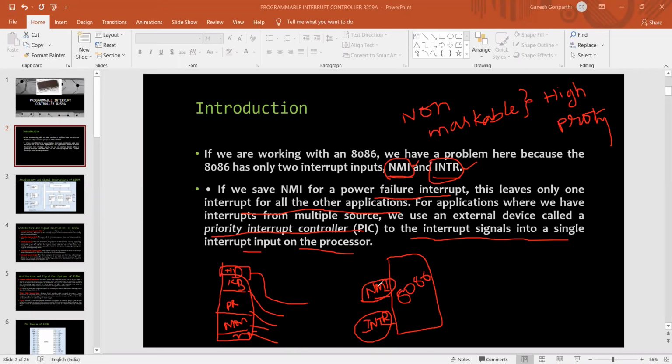Okay. Now, out of these interrupt signals that are being produced by the different peripheral devices, with only a single interrupt input signal available, how can the processor process all these interrupt signals? That is the problem here. So in order to process these interrupt signals,